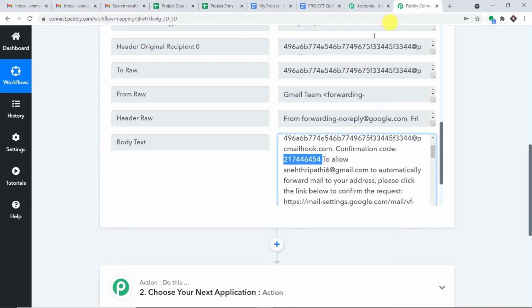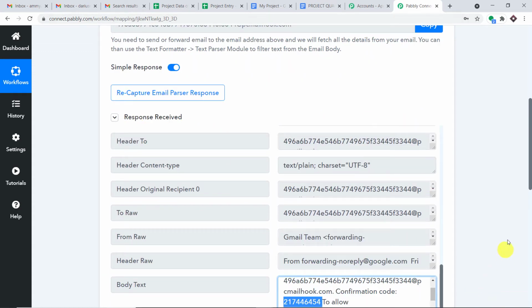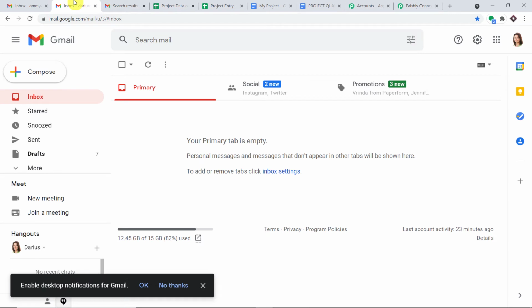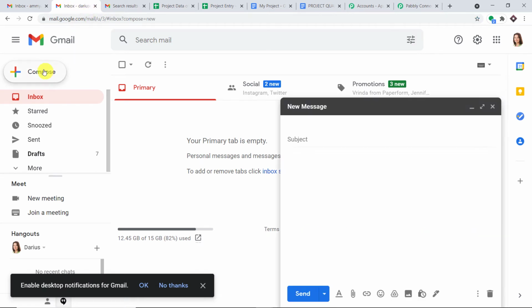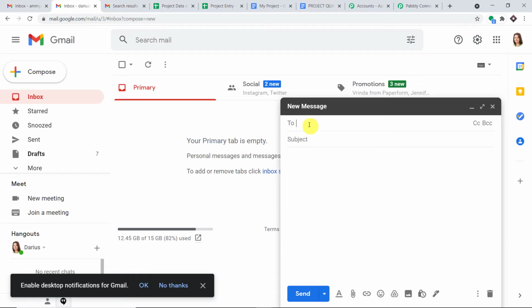Okay, so basically this means that we will be sending the data, okay, here. And once the data arrives here, it will be captured by Pabbly Connect. So what we are going to do here is we are again going to click on recapture email parser, okay, and we are going to send an email. Okay, so this time a person called Teres Moravik is again sending an email to this particular email address. So Sneh Tripathi is the teacher and Teres is the student. So we are going to send the email to Sneh Tripathi, okay, Sneh Tripathi, and the subject is